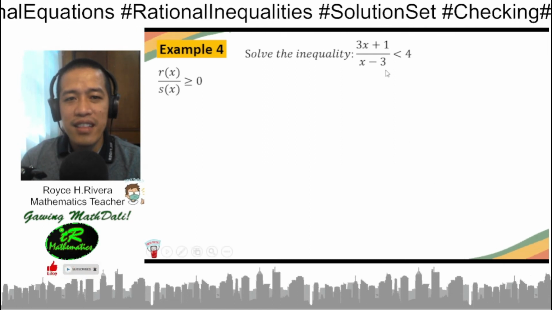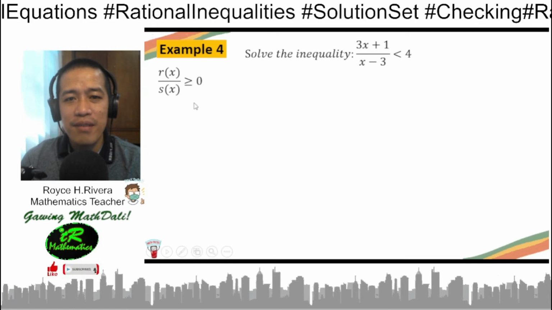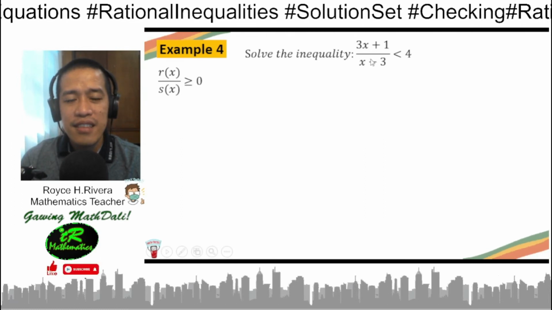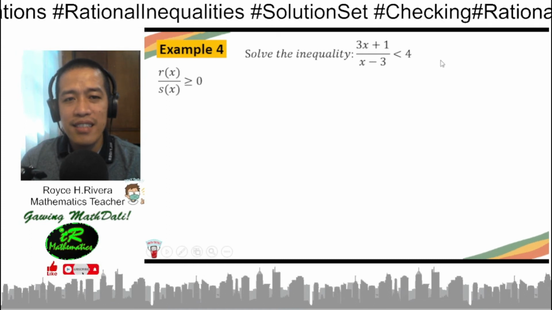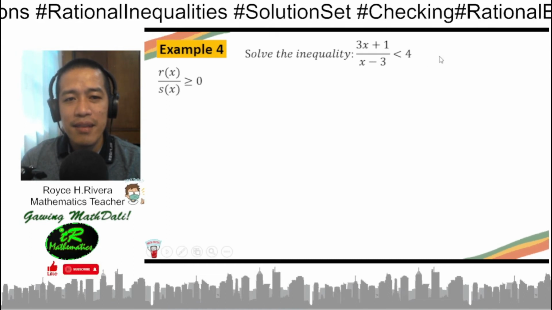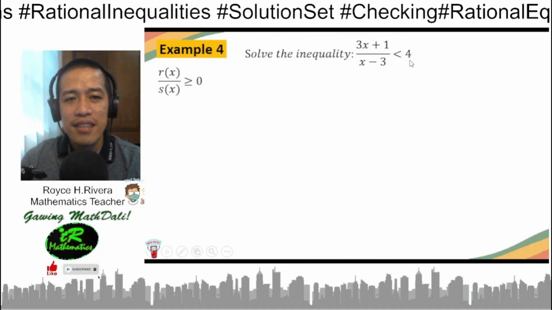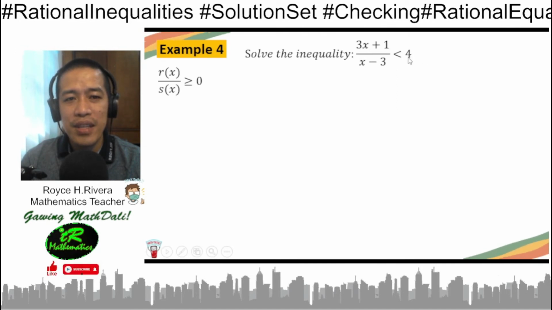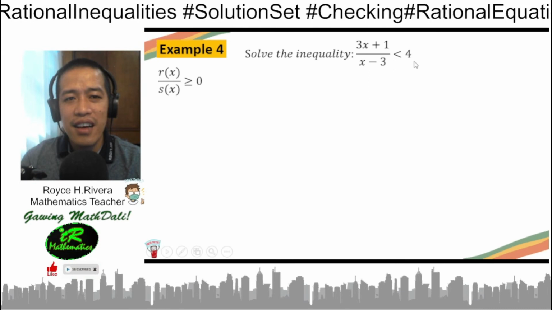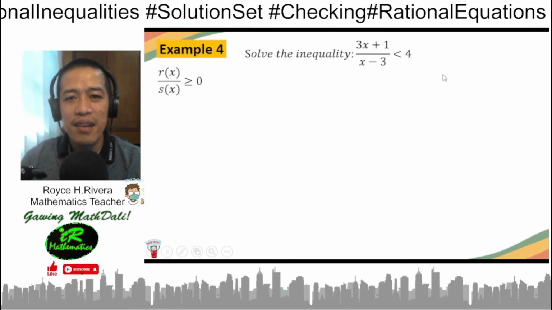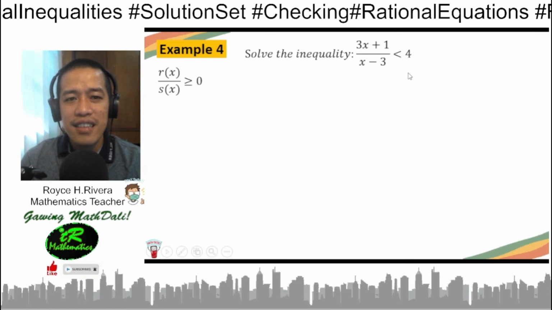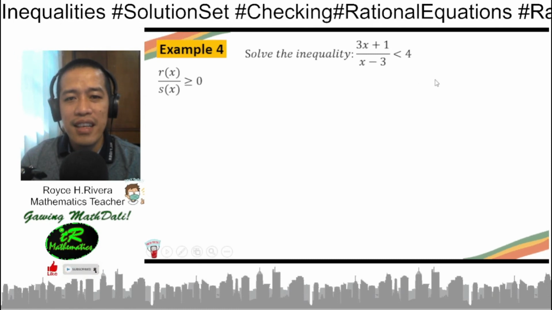So the inequality is not yet in this form. So we need to make the right side of the inequality be 0. So to do that, we need to add the additive inverse of 4 both sides of the inequality. And doing that, we will get the result